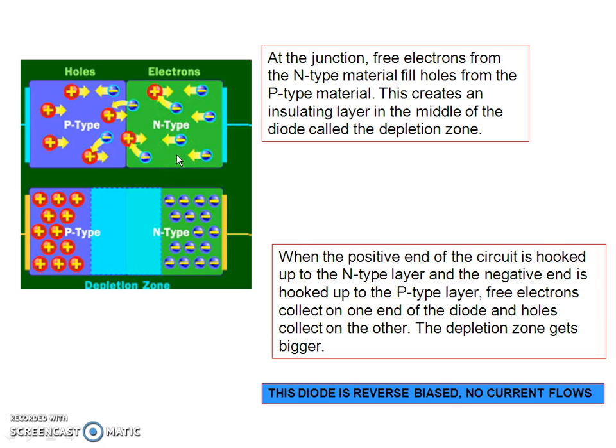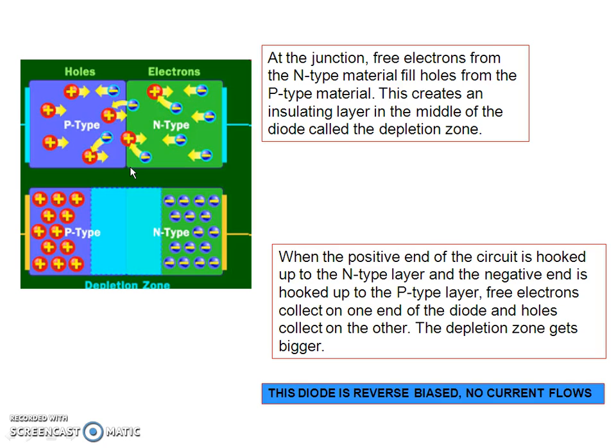Now, due to the formation of the junction between p-type and n-type material, and due to the variation of free charge density, the flow of holes takes place from the p side to the n side. Due to the difference in concentration gradient, the electrons move from the n side to the p side. This total flow of holes from p to n and electrons from n to p can be summarized as a flow of current.